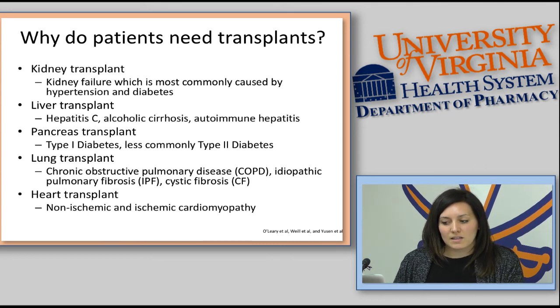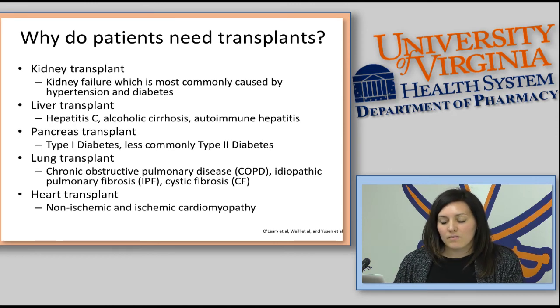Liver transplant has common indications of hepatitis C, alcoholic cirrhosis, and autoimmune hepatitis. Pancreas transplant is most commonly done for the indication of type 1 diabetes in patients who have had insulin requirements since a young age and have found that it's very difficult to control their blood sugar with their insulin. Less commonly, pancreatic transplant can be done for type 2 diabetes, but like I said, type 1 is the most